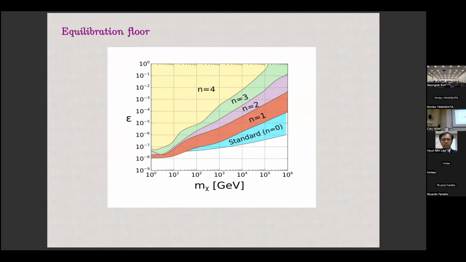So as we can see, for large values of m chi and epsilon roughly 10 to the minus 3, there is a parameter space in which the dark sector is not in thermal equilibrium with the visible sector, but it can satisfy the muon anomalous magnetic moment. So now we need to study the relic density, and check whether we can satisfy the relic density constraint for epsilon 10 to the power minus 3 in this parameter space for large values of m chi.